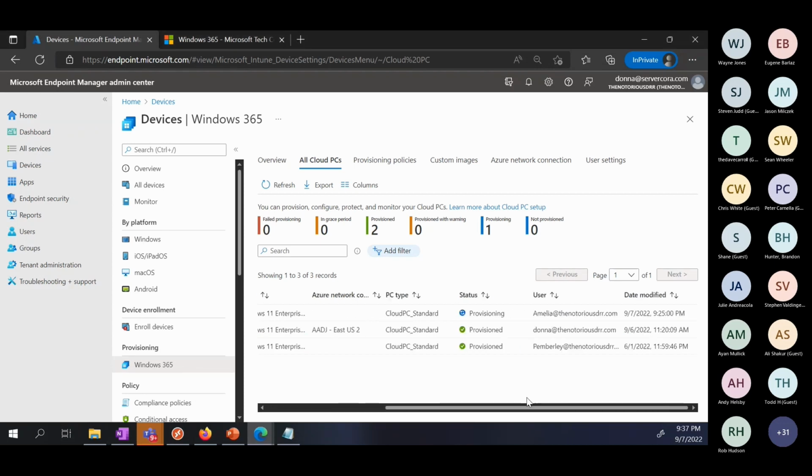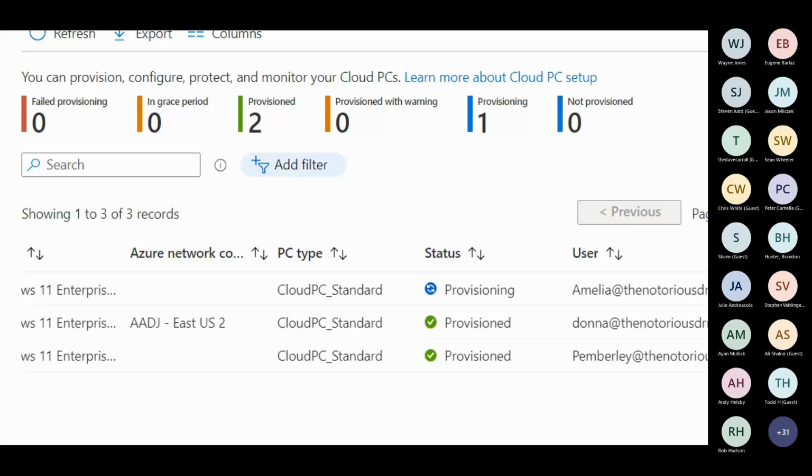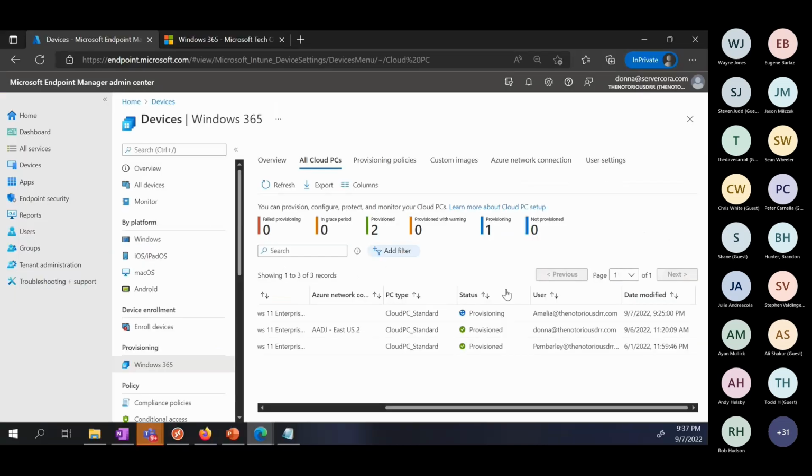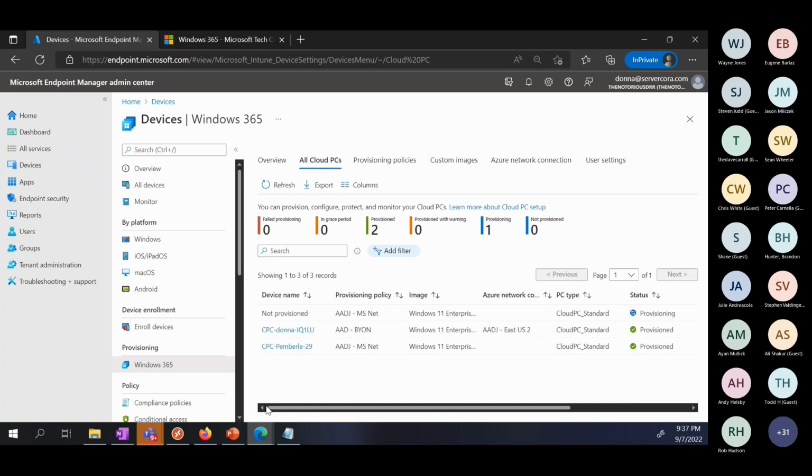The one thing I did want to point out is you can see that the Cloud PC is in fact provisioning, and that was all triggered just based off of me adding that user into that AD group. No Game Pass for you. Well, I don't know how well that would work, trying to play games in the Cloud PC without a GPU. I suppose maybe you could do streaming, but I would be willing to bet it still wouldn't be very good. Yeah, you'd need the GPU.